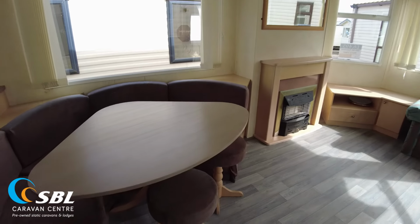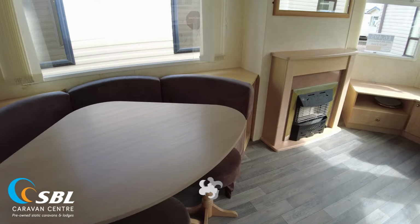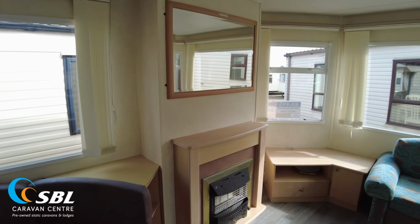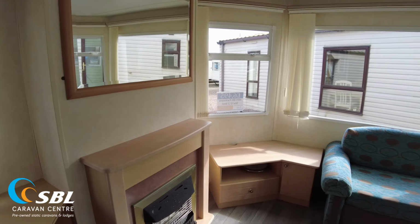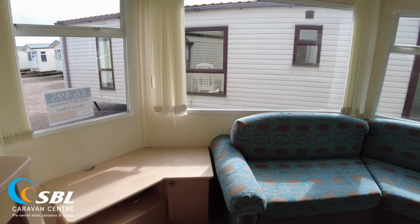The left hand side here we've got slightly different upholstery, as you can see, but it does all match in and tie in a bit nicely. A couple of damp spots and things on the seat tops, but that's something we can have a look at cleaning. It's had a bit of reupholstering, I think, at some point. It's not original, but obviously the value of the caravan, including your delivery and then the testing and warranty and everything, obviously you're going to get a bit of an older caravan that perhaps needs a bit of updating, but